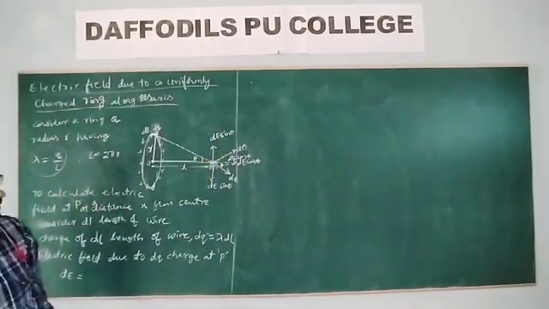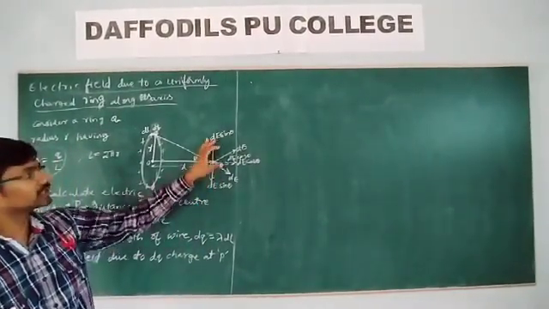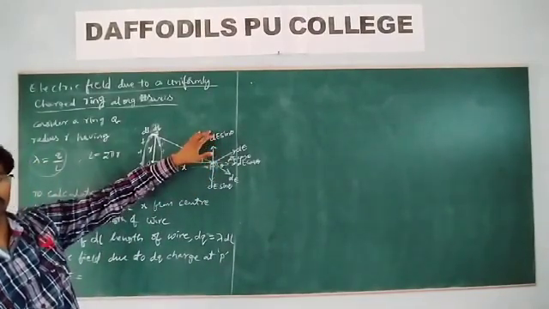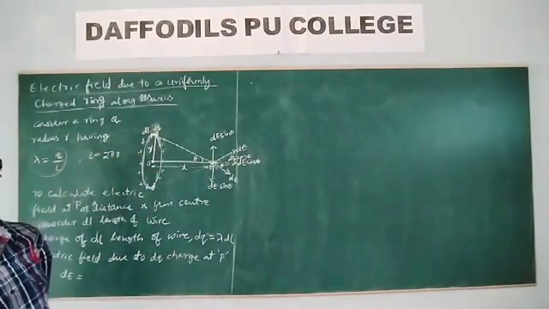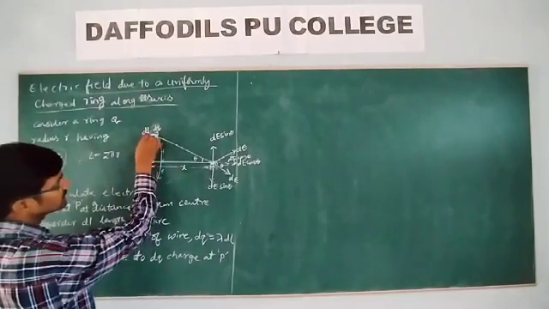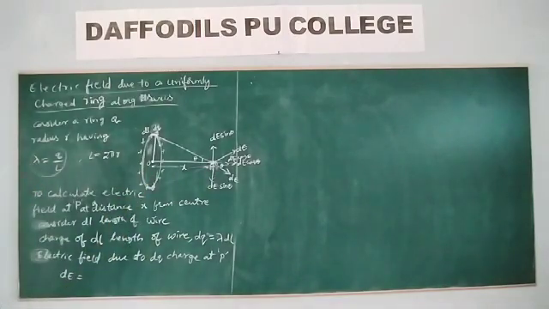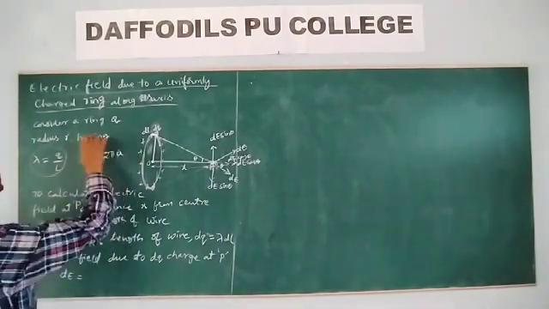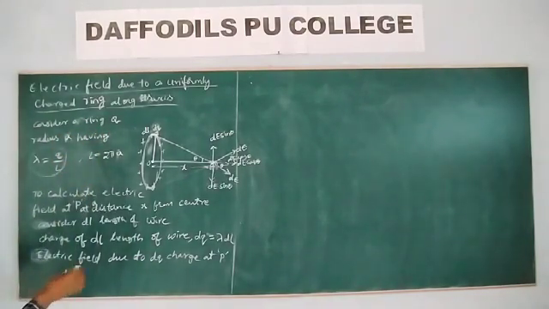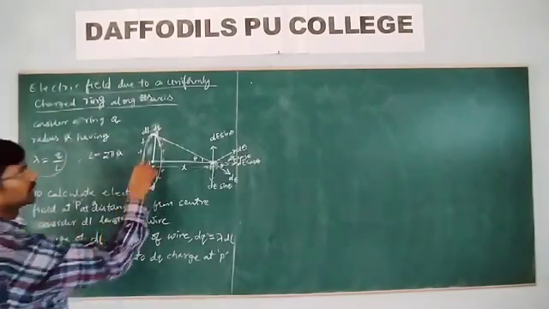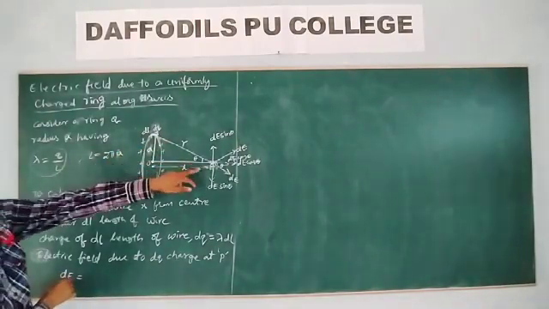So you can understand two things. Along the vertical direction, the electric fields are equal and opposite, therefore the electric field along the vertical direction is cancelled. Whereas along the axis of the ring, the electric fields get added. Is it okay? Now let us take the ring of radius a, and this distance r. What is the electric field due to the dq charge at that point?